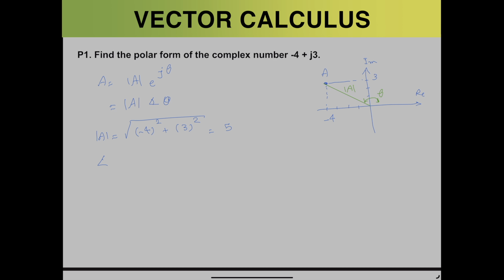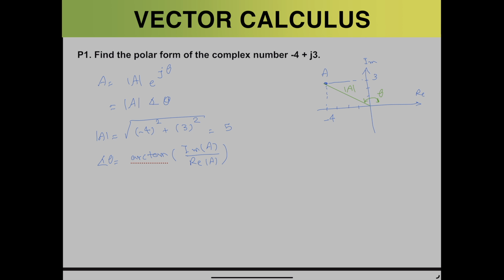However, in the phase, typically what we calculate is the arctan of the imaginary part of a number divided by the real part of the number. But we need to be mindful of the fact that when there is a negative component in the real or imaginary part of that complex number, we need to take that into consideration when